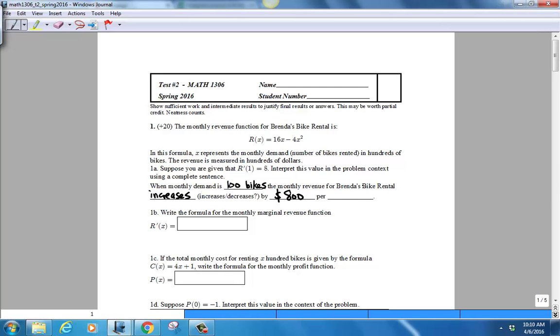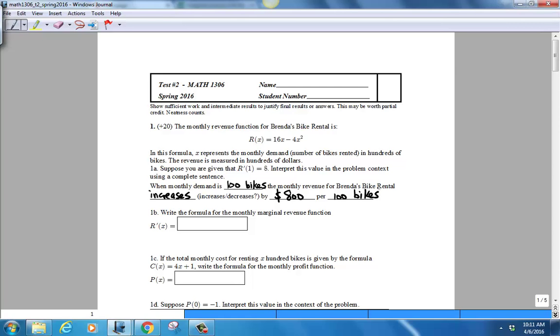And then per. The per here is really the easy part, because for these marginal type questions or rate of change questions, the per is always 1 unit of input, 1 unit of whatever your input is. Our input here is bikes, but 1 unit of that input would be not 1 bike but 100 bikes, because the input is measured in hundreds of bikes. So the completely correct thing to say there is the revenue is increasing by 800 per